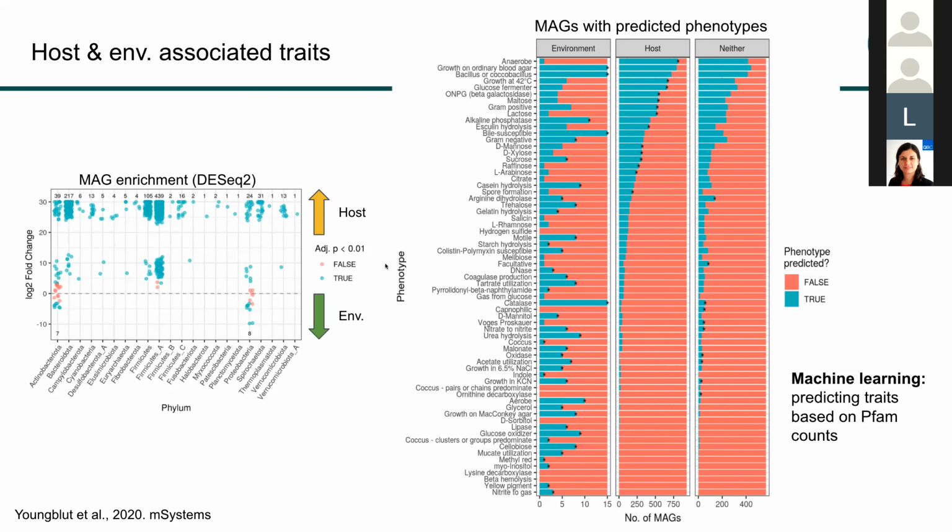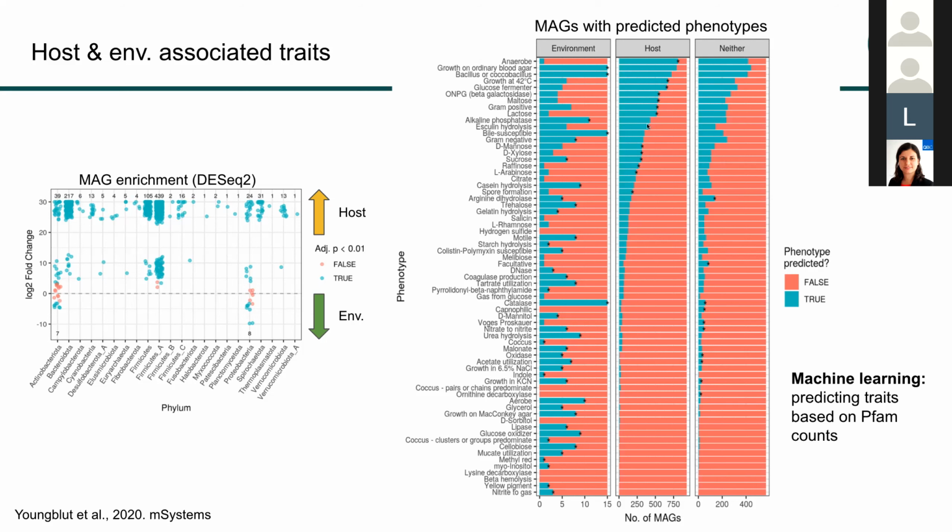And so we went further in terms of this host environmental split. After identifying these particular species, we want to look at what traits were enriched in these host enriched species versus environmental enriched. And so based on the genome content of these MAGs, we were able to predict these 67 different traits using machine learning. And then this is just a breakdown of those traits, how prevalent they were in the environmental MAGs, in the host MAGs, and in the MAGs that were shown here in red, that were neither